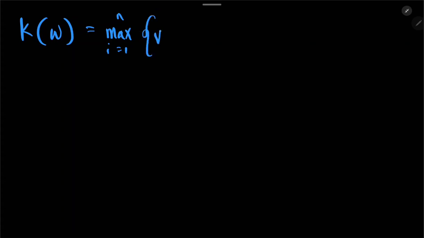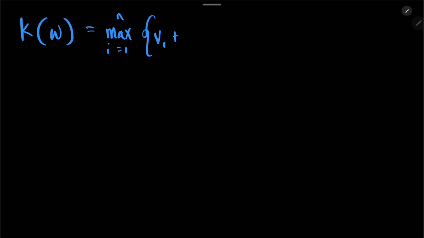So this is what we have. By the time we get to the leaf, this is the maximum value of items with weights less than the knapsack capacity. So we want to choose the maximum. So we choose the maximum from i equals 1 to n of this, V1 plus,